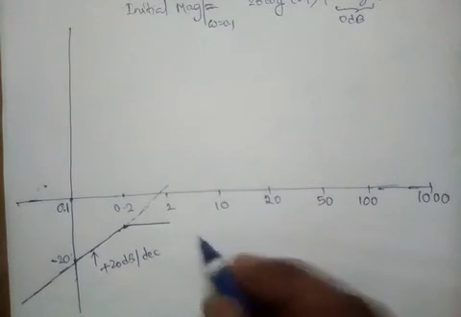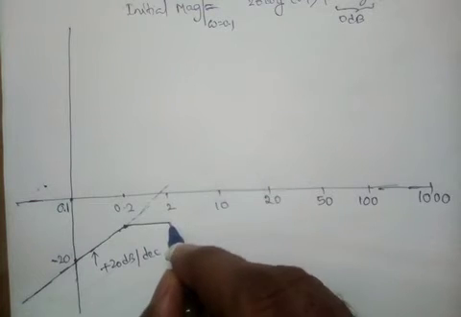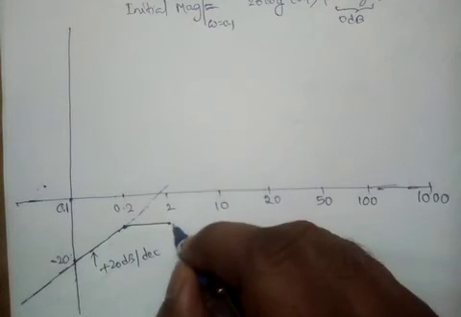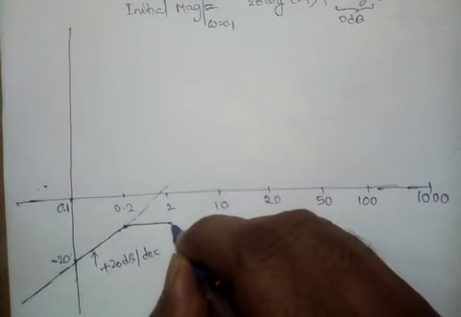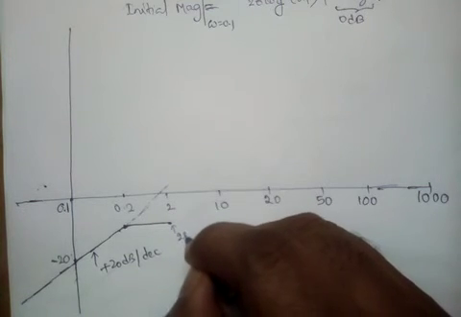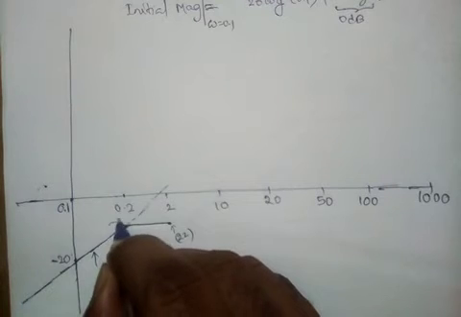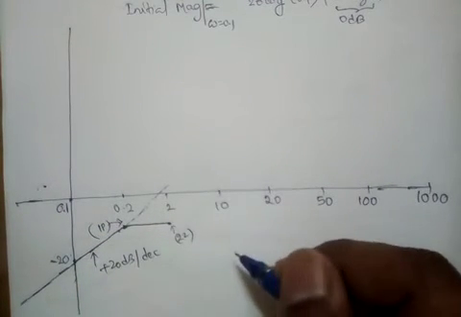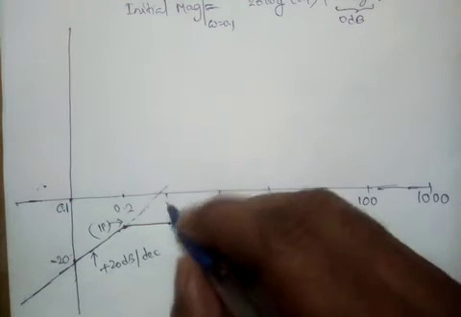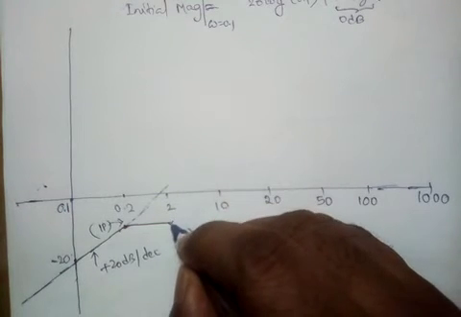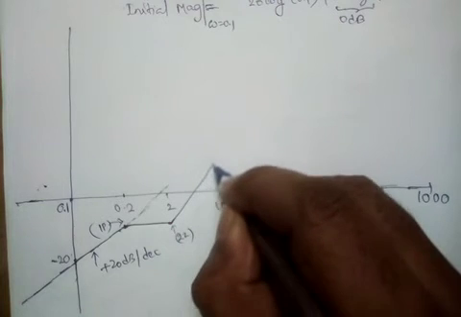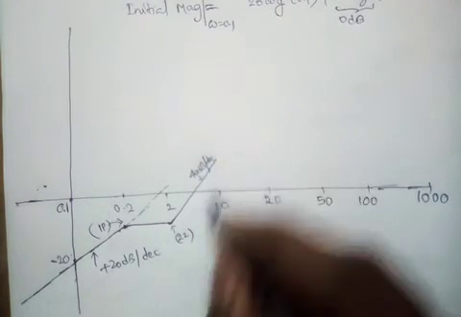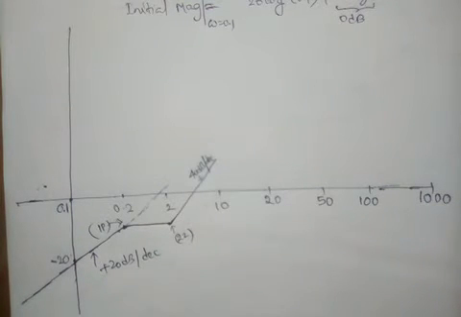This is 0 dB. The same when it reaches omega is equal to 2, again at omega is equal to 2, two zeros have been added. Two zeros means plus 40 dB per decade slope has been added. Here two zeros are added, and one pole. At omega is equal to 2, slope has been increased to 40 dB per decade. This is 40 dB per decade. Okay, so we need to find out the magnitudes now.